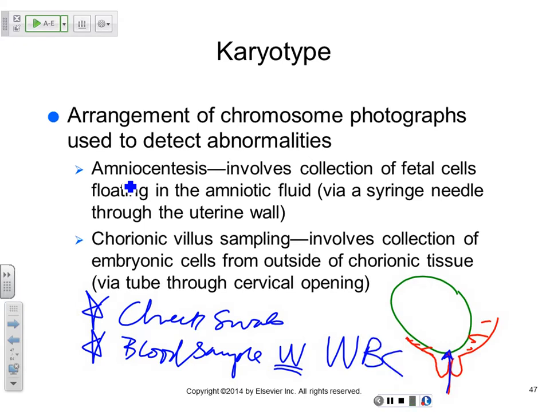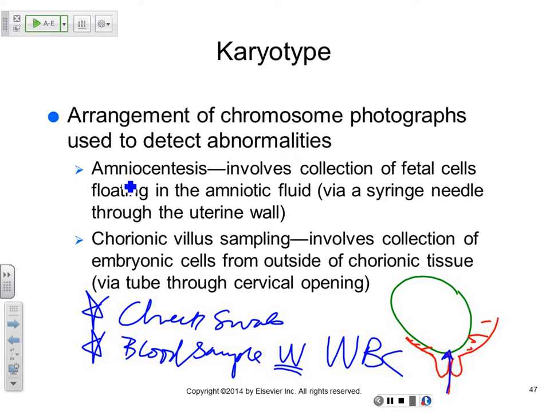Why do you need a blood sample with white blood cells to create a karyotype? Yeah, the white blood cells have a nucleus. Red blood cells don't actually. True. Yeah, you guys are bright, of course. Red blood cells lose the nucleus, so we call them red blood cells in inverted commas. They're not really true cells because they lose the nucleus, and all they have is a whole bunch of hemoglobin because they need to be transporting oxygen, which is vital. So it can't be bothered with having other organelles. You don't need genetic information anymore. Besides, they are recycled from the stem cells. I mean, every 4 months or so, you have brand new blood cells.